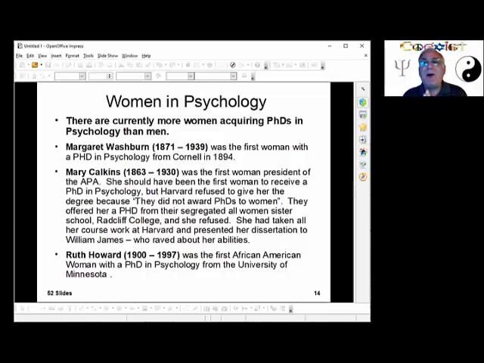One of the people on her dissertation committee was William James, the premier psychologist of the United States. And he said she did a better job defending her dissertation than any male had ever done at Harvard, and told Harvard that she should get her degree. And Harvard said, no, go to Radcliffe. It's right next door, and that's the all-women's school, and she can get her PhD from Radcliffe. And she didn't. But she became the first president of the APA that's a woman.